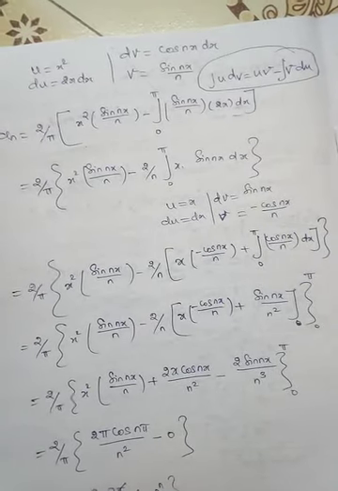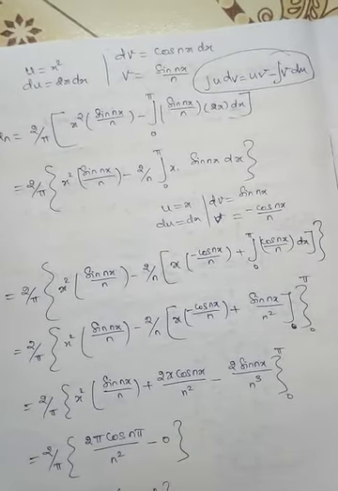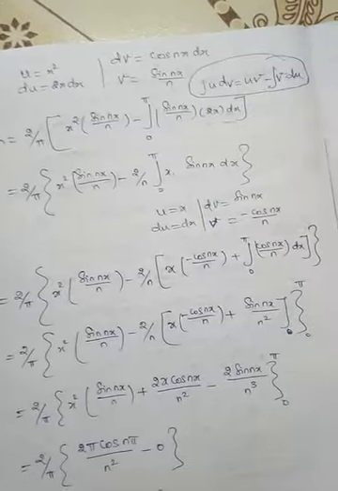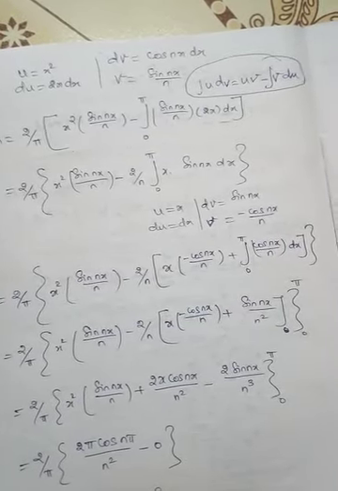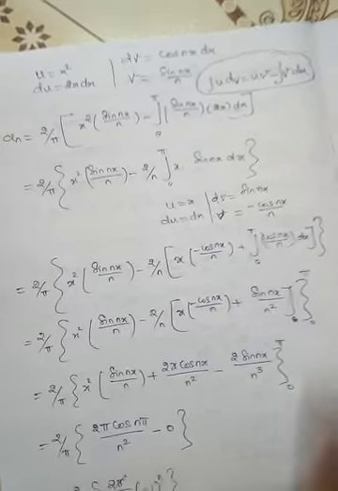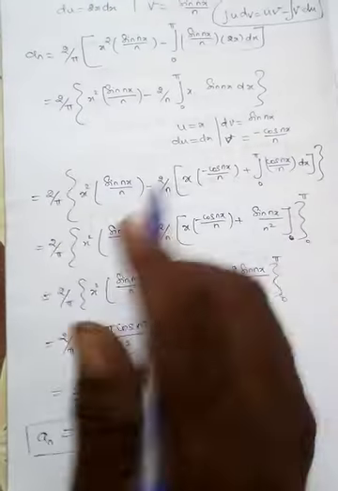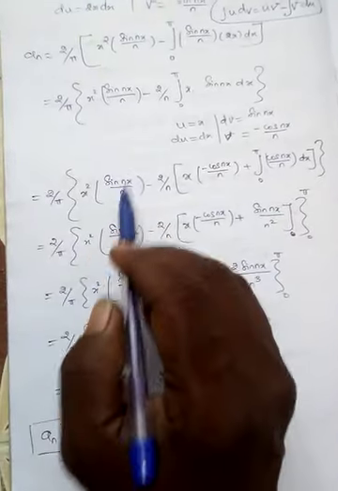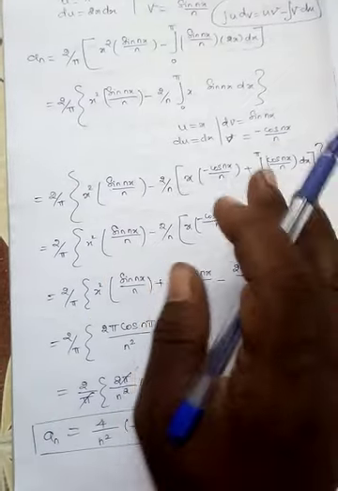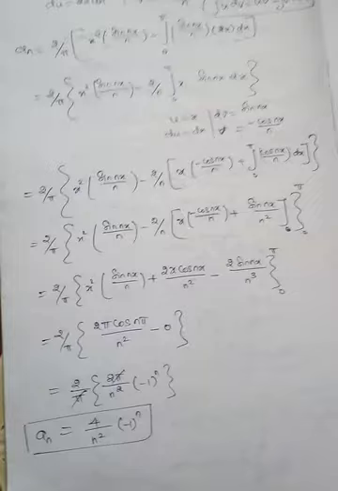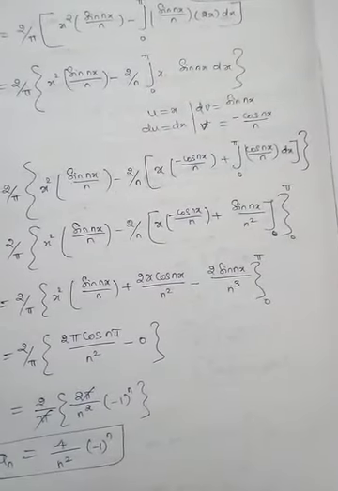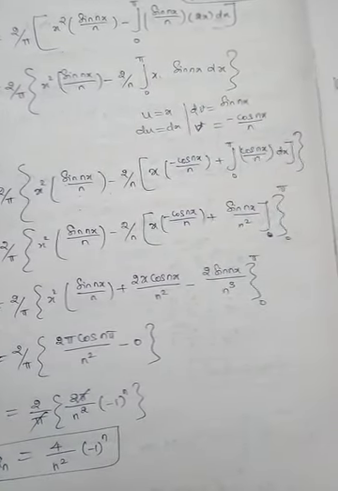So let us select u is equal to x and dv equal to sin nx, so du equal to dx, and integrating, v equal to minus cos nx by n. So substitute here. The first term, 2 by pi x squared sin nx by n, has no change, as it is. And then minus 2 by n, write as it is, and then put a bracket. So let us use the formula u into dv.